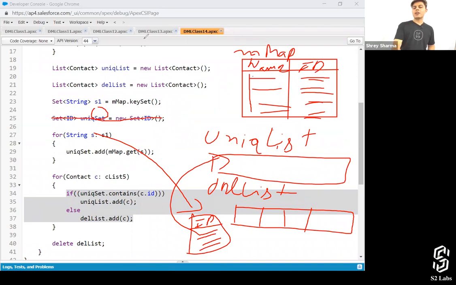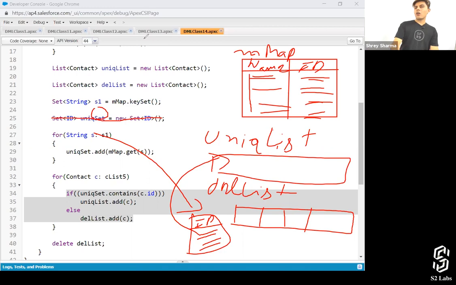So if I'm going to add two names, like let's say Avinash, I'm adding it 2 times, and there are 2 contacts named Avinash. The first one will get added, and the second one will not get added because the name Avinash is not unique, right? But it's there in the C5 list, and it's there in the result which we've got after the query in cList5.